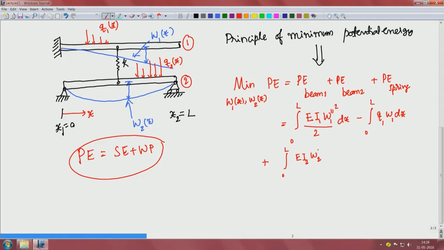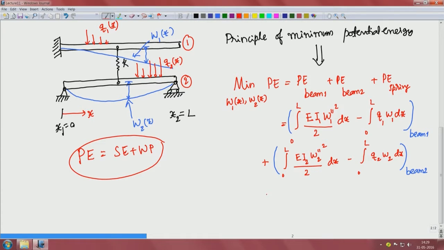This will be W2 double prime square by 2 dx minus 0 to L Q2 W2 dx. Okay. So, this one is for beam 1 potential energy, and this one is the potential energy for beam 2,